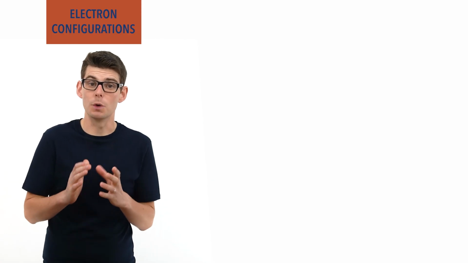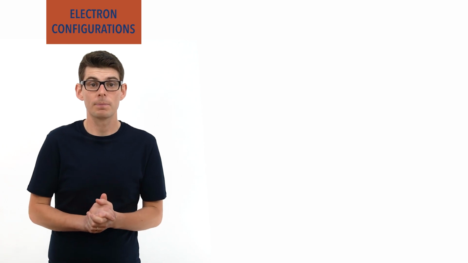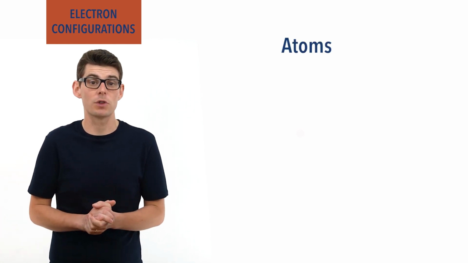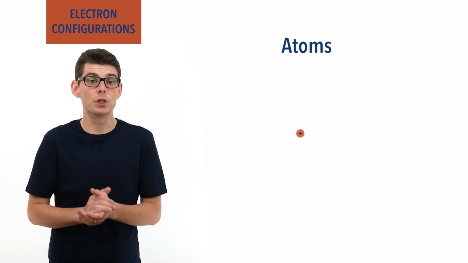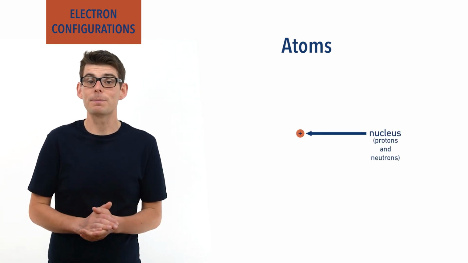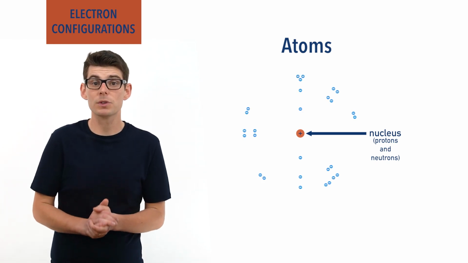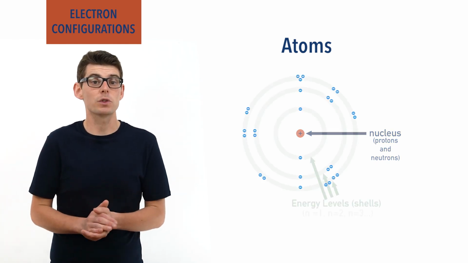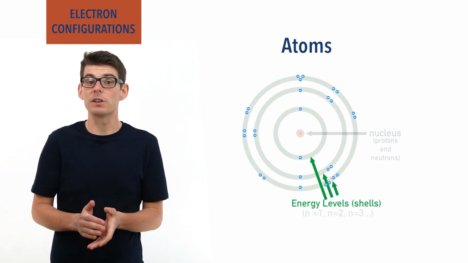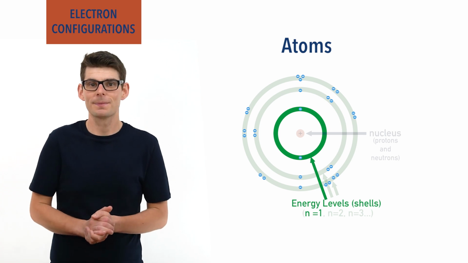It is essential you are comfortable with atomic orbitals and the structure of an atom. Inside an atom there is a very small, dense region of positive charge, made up of protons and neutrons, called the nucleus. The nucleus is surrounded by negatively charged electrons that exist in atomic orbitals within specific energy levels or shells, labelled as principal quantum numbers, starting with the number 1 for the energy level closest to the nucleus.